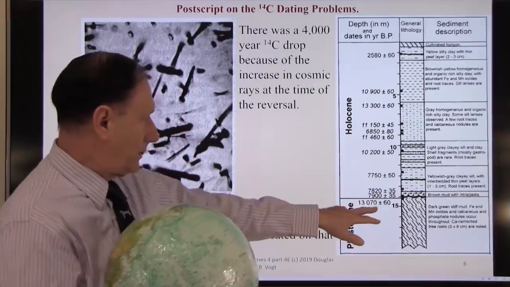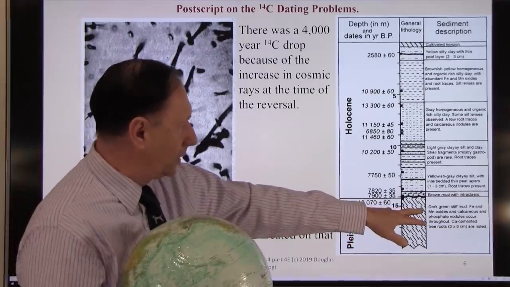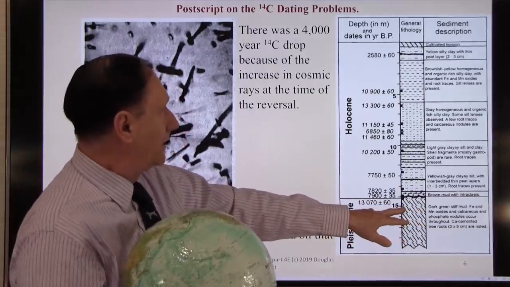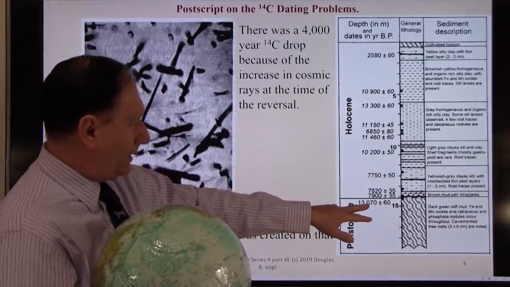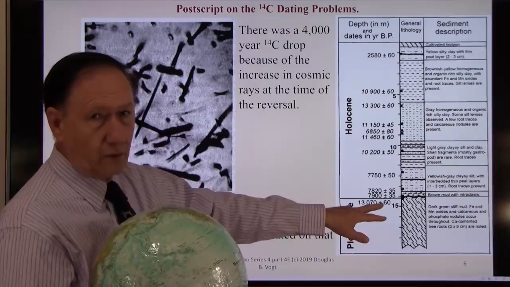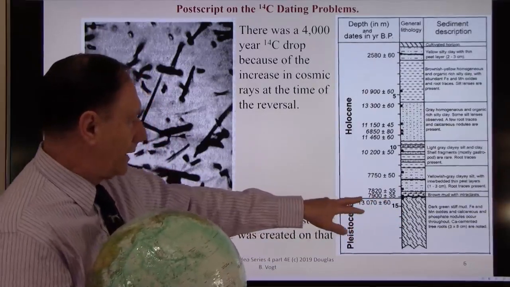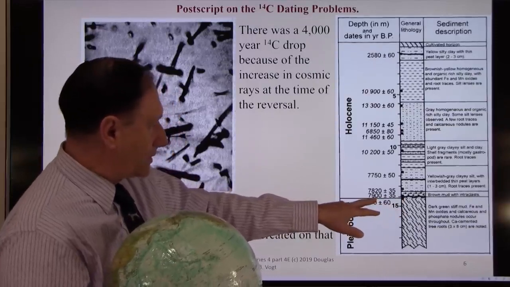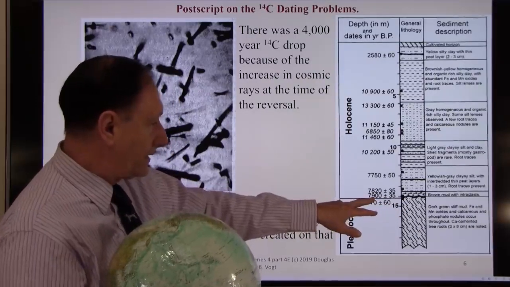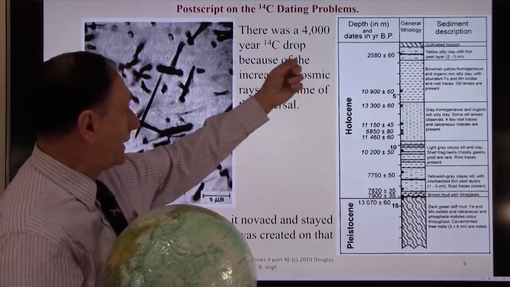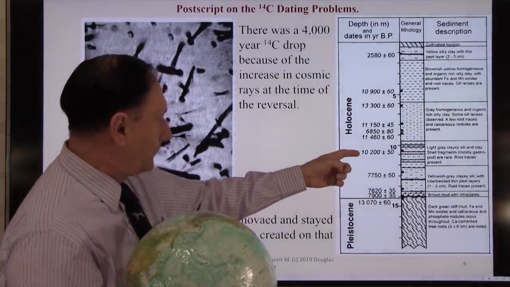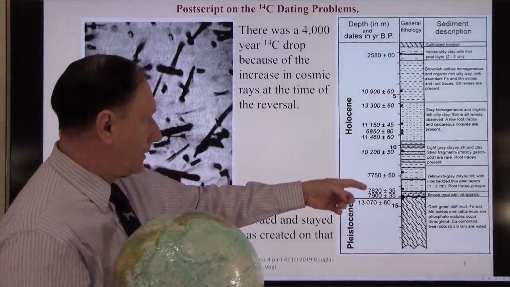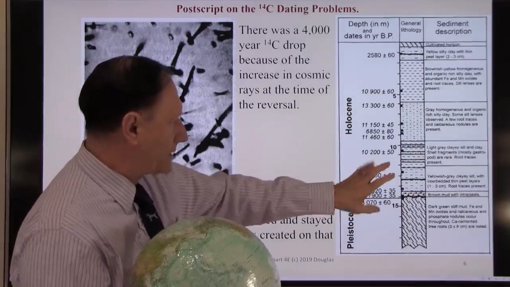But here you have 13,000, probably, but it's below this area, 15, I think it's meters below or centimeters below. So they're about 1,000 years older than what it really is. The nova happened 12,000 years ago, and all of a sudden you have a carbon-14 dating of 7,900. That's a 4,000 year difference all of a sudden. And above it, you have 10,000, 11,000, etc. So why did this happen?